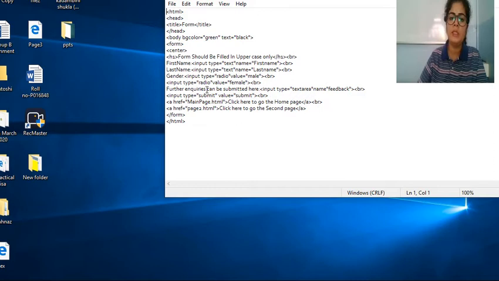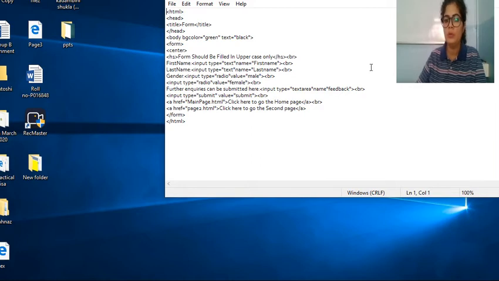Students, one more thing: if you have used HTML tags inappropriately or incorrectly, then it will not show you output. It will show you a blank page. If there is any error in your code, it will show you a blank page. If it shows you a blank page, it means your code is not right.